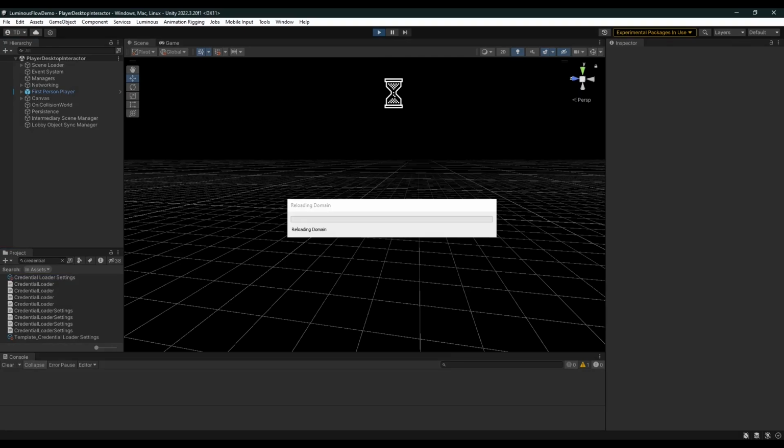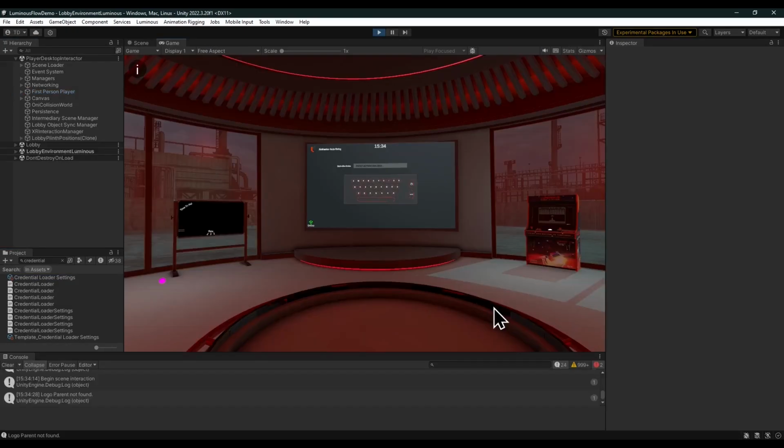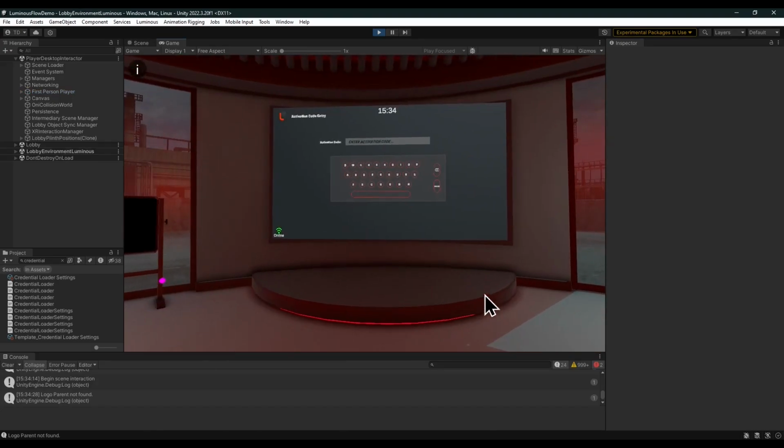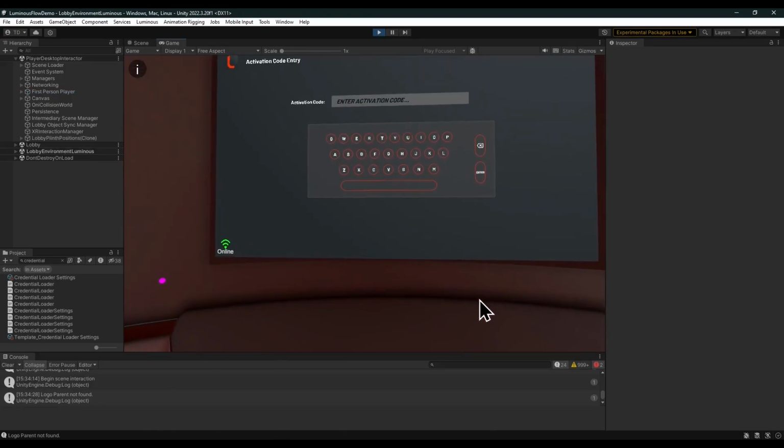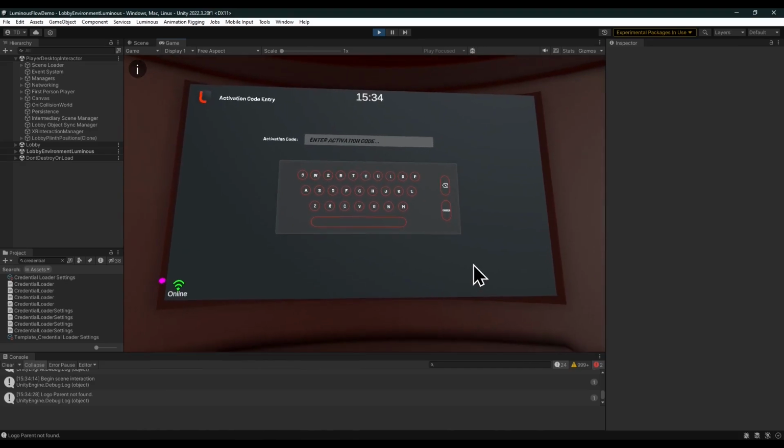And once the loading bar is finished, you will load into the lobby. Once the lobby has successfully loaded, you'll be presented with a screen like this. Simply move around, head towards the screen. You'll notice it's asking for an activation code. If you are one of our creators, you can simply type in the code creator,